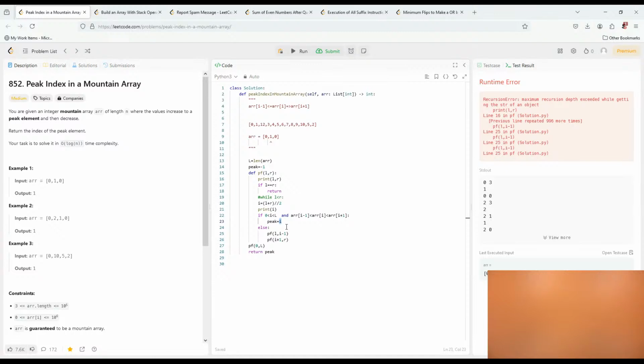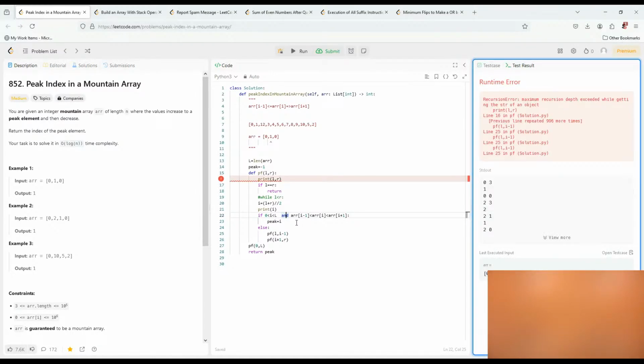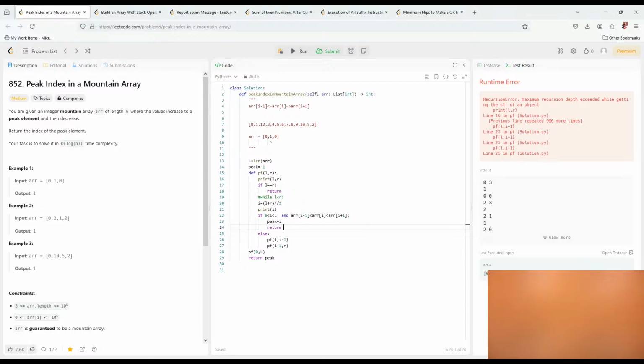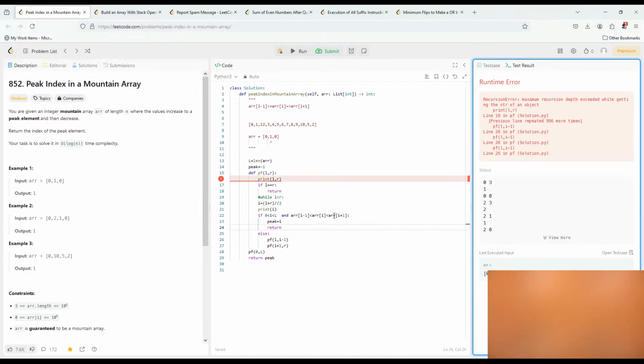We shouldn't do any recursion at all. Why did we get recursion? We should return. Maximum recursion again. Okay, so